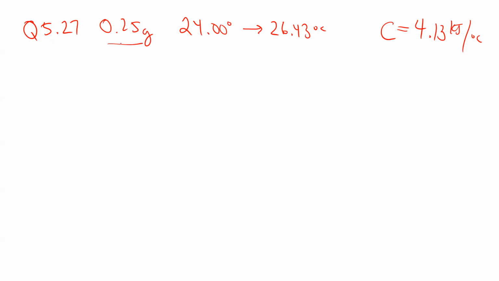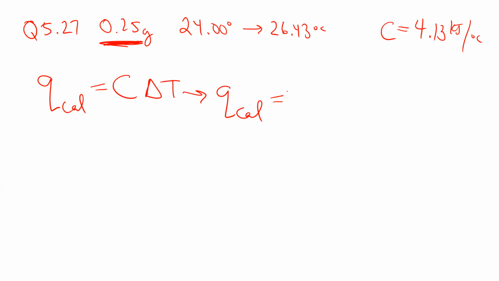So because they're just looking for overall heat, you don't need that mass at all. They tell you the mass, you don't have to do anything with it. And that's where I think other people were running into problems with this calculation, because it's just going to be the Q for the calorimeter equals C delta T. So Q for the calorimeter, my heat capacity is 4.13 kilojoules per degree Celsius, and my delta T is